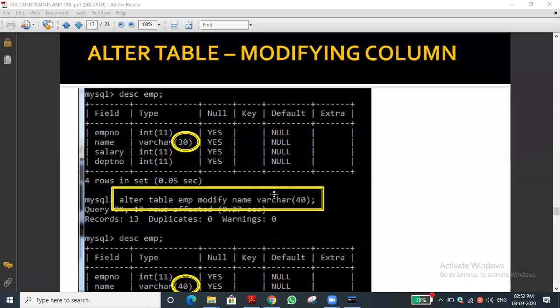Integer data type is only used for employee ID, sorry, employee number. The employee number is given as an integer, but that much lengthy digit is not needed. An 11-digit employee number is not required. Better we will go with tiny int or small int. For 4 digits or 6 digits we may use it, isn't it? So for that we can use tiny int or small int. So for that we can change the data type also. That is the meaning.